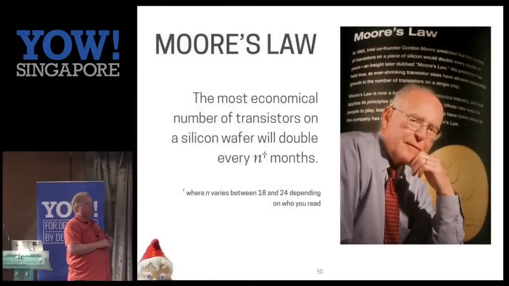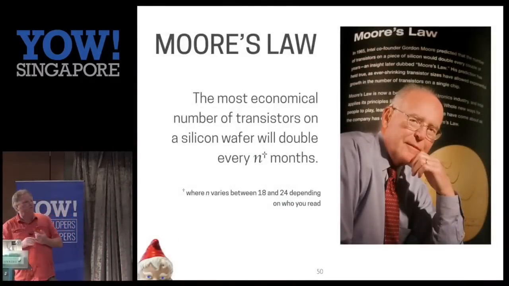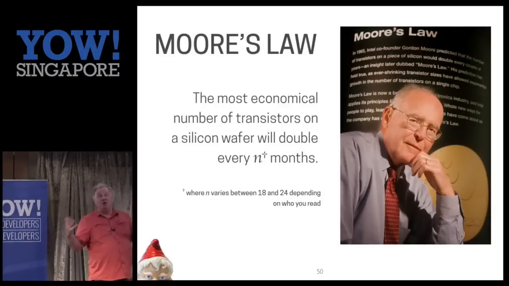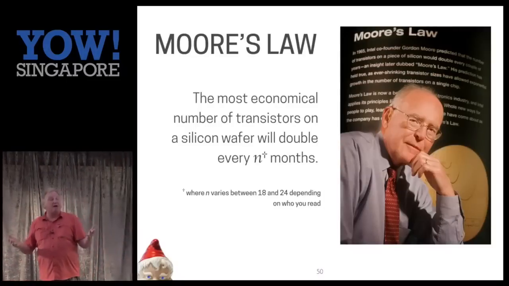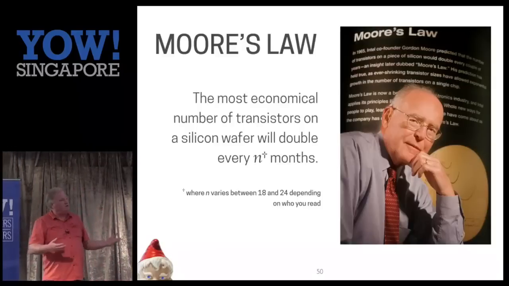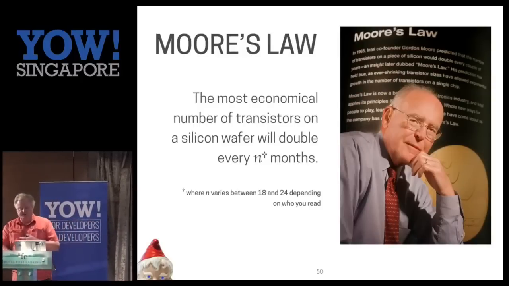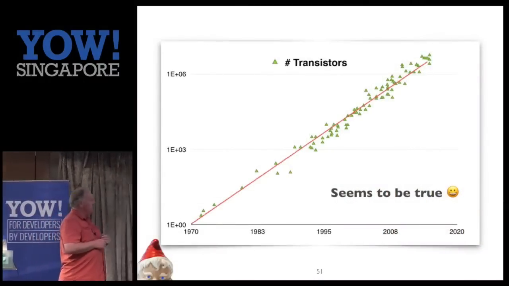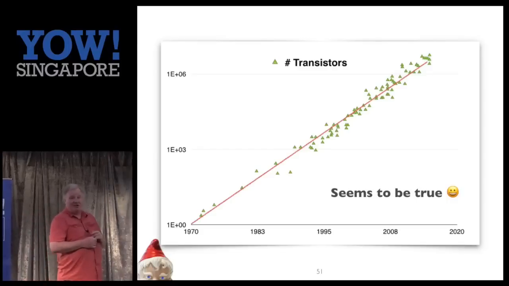And to look at that, we need to look at Moore's law. And everybody by now knows Moore's law. The number of gates on a wafer of silicon, the most economical number of gates on a wafer of silicon, doubles every n months. It doesn't matter whether n is 18 or 24, it is still exponential growth. Is it true? Well, it certainly seems to be, because if you plot the number of transistors on a slab of silicon over time and you use a logarithmic axis, then you get a really very strong fit to a